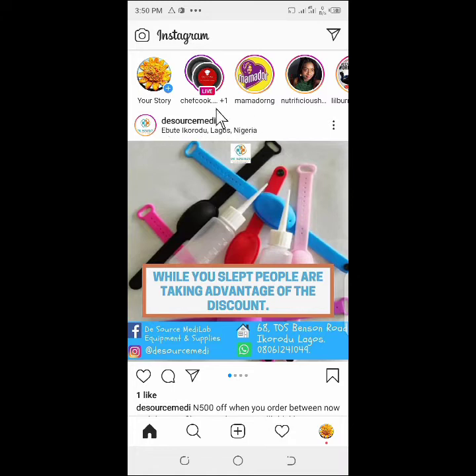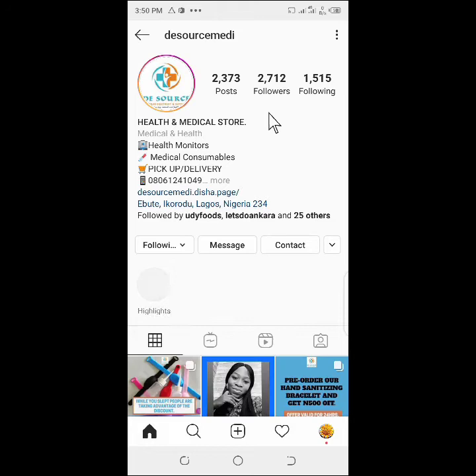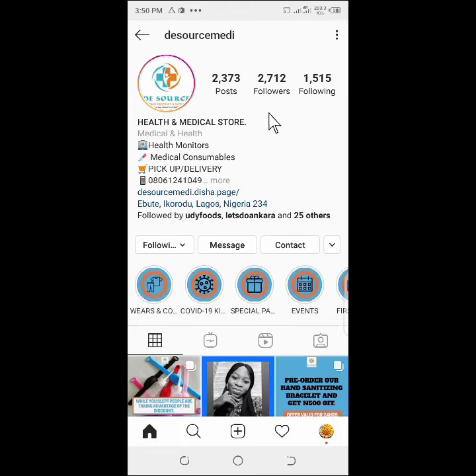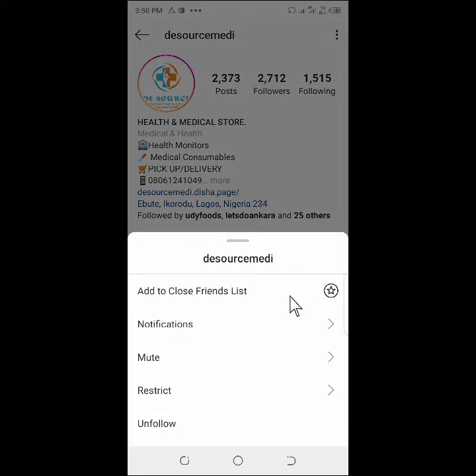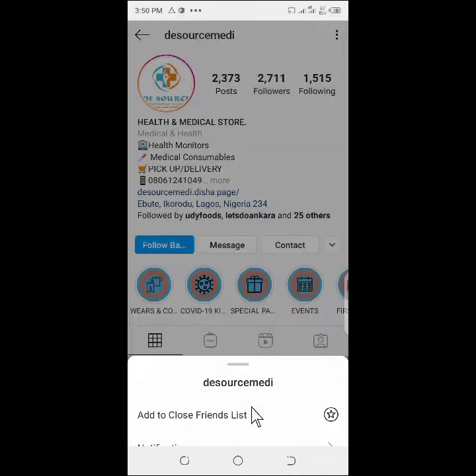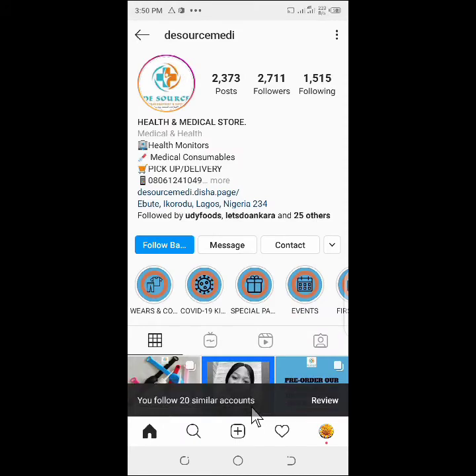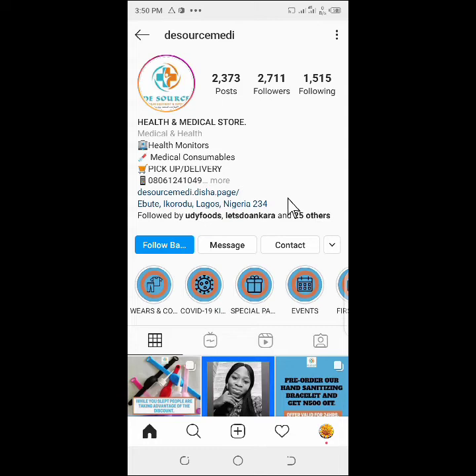and I'm using the first method. What I'm going to do is to click on this account. Once I tap on this account, it will open this page for me. Then I'll go down here that says following, and I'll click on it. To unfollow the person, I'm going to click on unfollow. Once I click on unfollow, I've unfollowed the person. This area has turned blue. I've unfollowed this account. That is the first method.